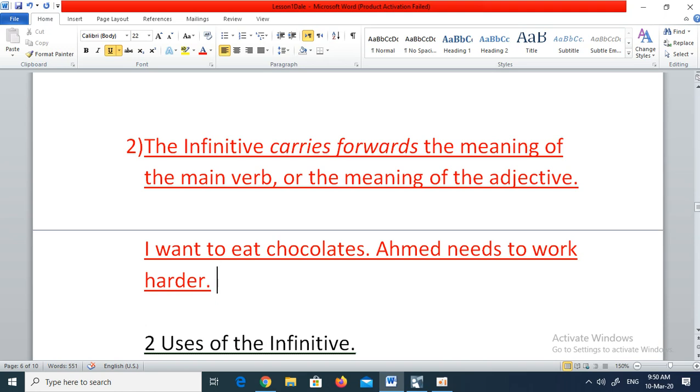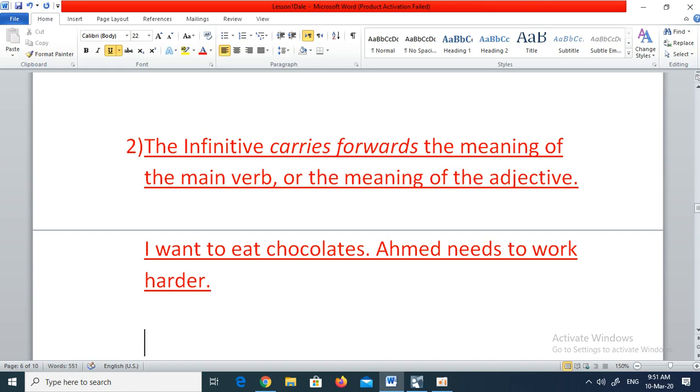So you will have a main verb, and immediately afterwards you will have an infinitive. The infinitive tells you the true meaning of the main verb, because the main verb alone is not going to make sense. If you just say Ahmed needs, there is a question. What does he need? If you just say I want, again we have a question. What do you want? You have to have that infinitive after the main verb so that we get the full